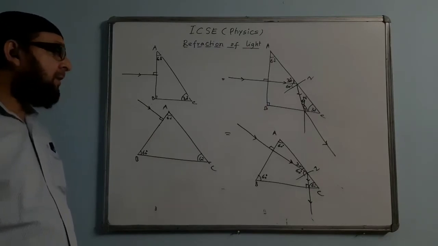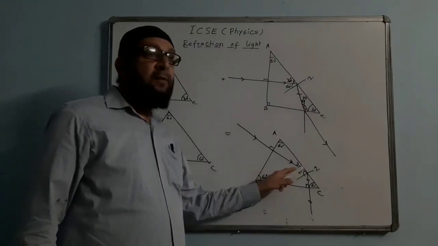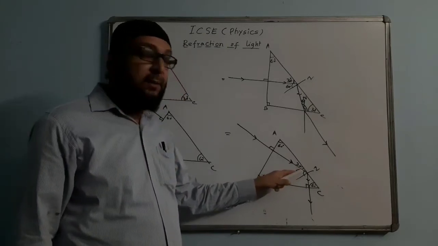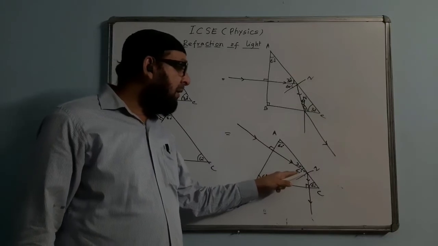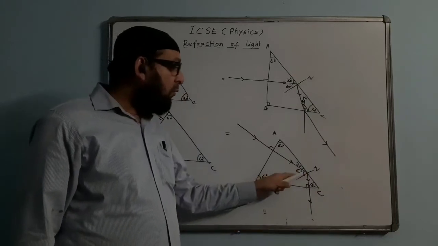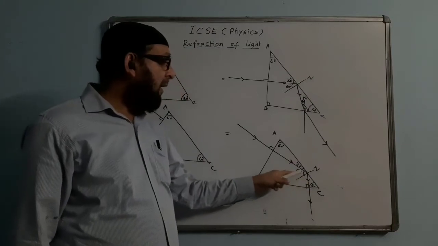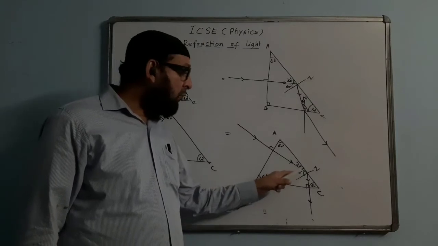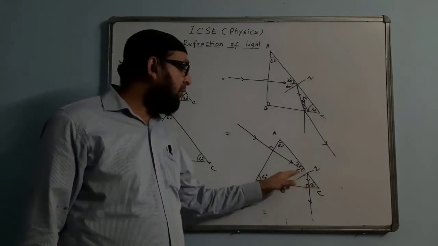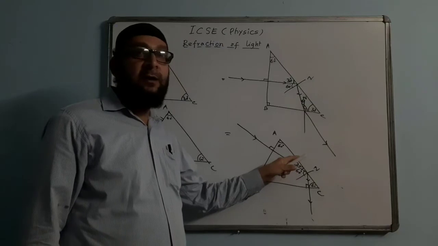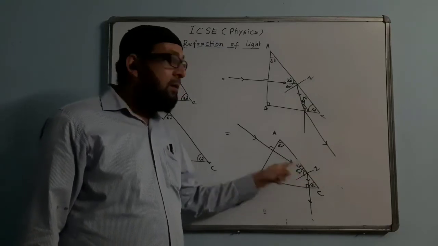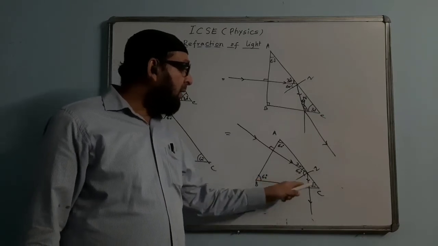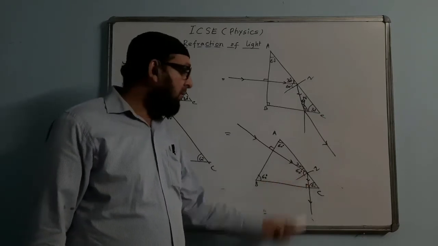At every stage we will be calculating this angle and then marking that angle out there and comparing with the critical angle in the denser medium. If the angle is less than the critical, the ray will be refracting away. If it is equal to critical, it will just touch and go. If the angle is more than the critical, then TIR will take place. At the time of TIR, you have to calculate this angle beforehand. 90 minus 60, you find the side angle. Then these two angles will be two angles of a triangle. Then find the third angle and accordingly you will see what will happen. This ray will go straight.